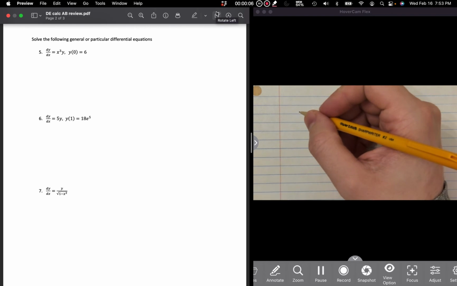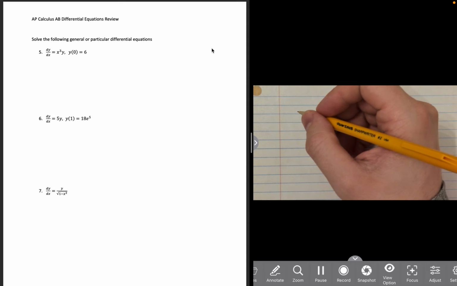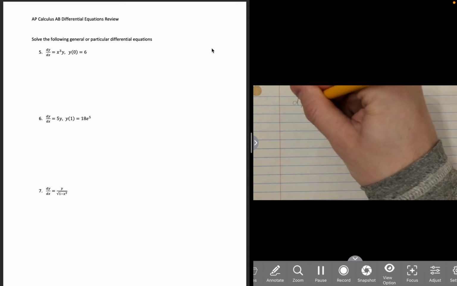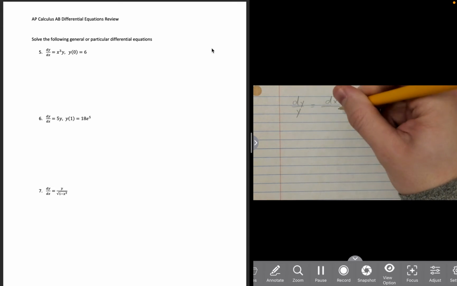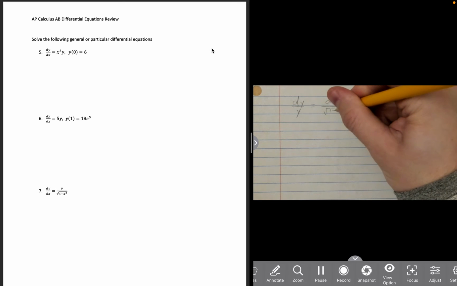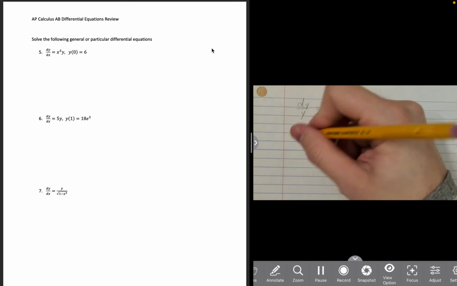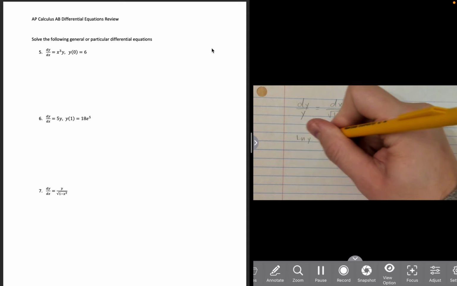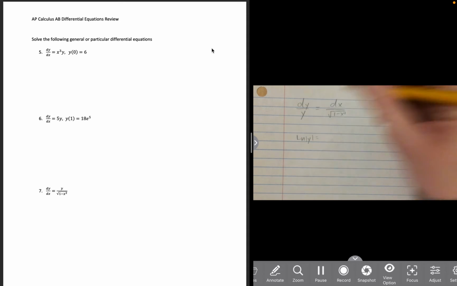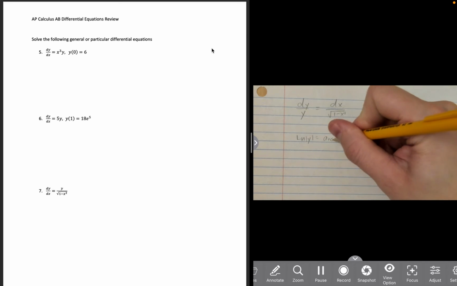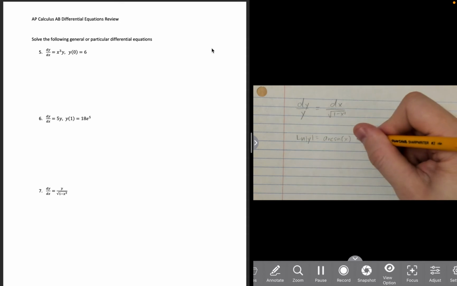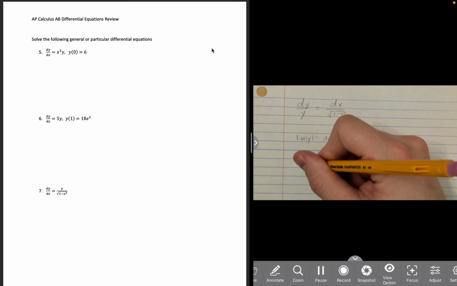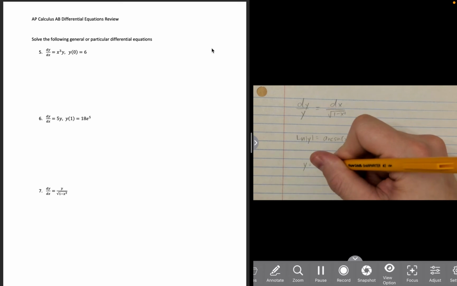All right, up next we've got number 7, which is still separation of variables, but this time there is no initial condition. Once again, we're first going to divide the y and then multiply the dx. All right, now this is going to be ln of y. Now this one might not be as familiar when we integrate it, but that is going to be arcsine of x, which means, oh, don't forget your plus c, which then means we're going to have y equals e